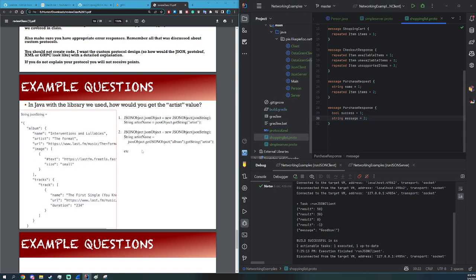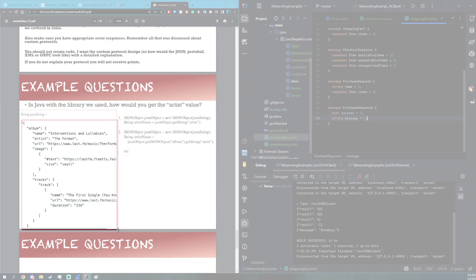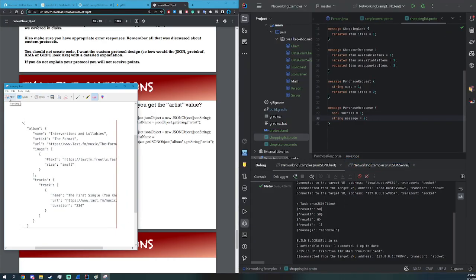In Java, the library we used, how would you get the artist value? Yeah, you create a new JSON object from the string. You get the object album, and then you'd get the string artist. So by doing get object or new object, you basically create this. And from there, this is new object in red. In blue, you have get